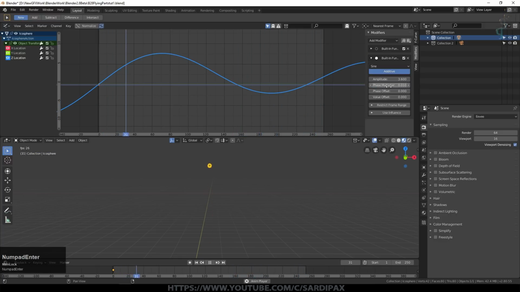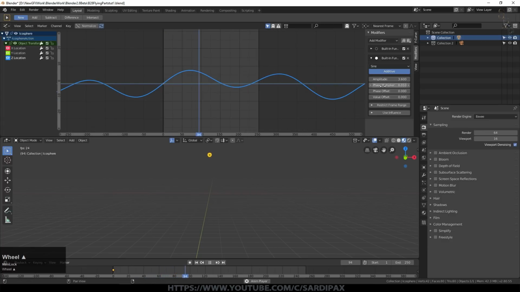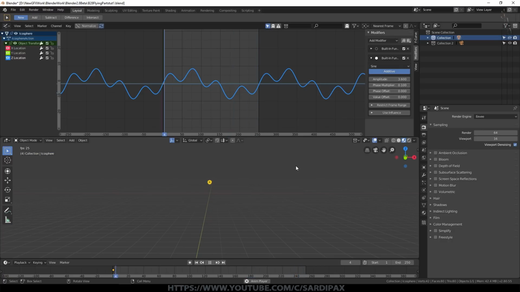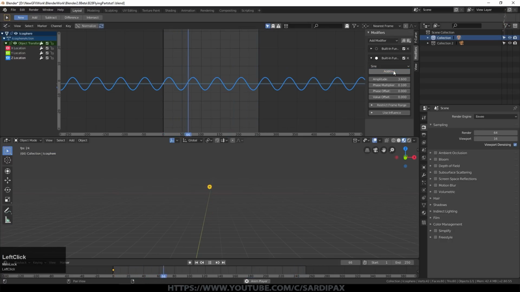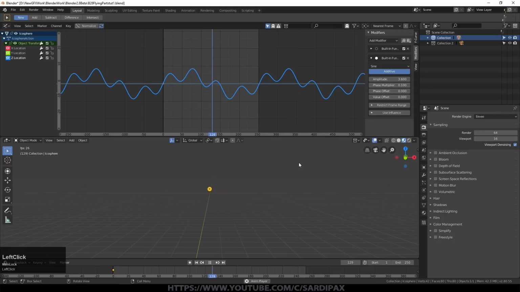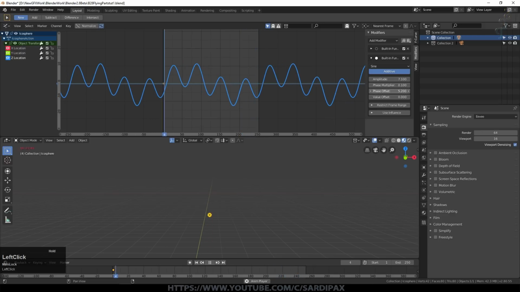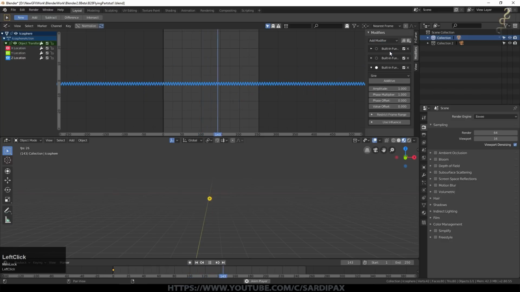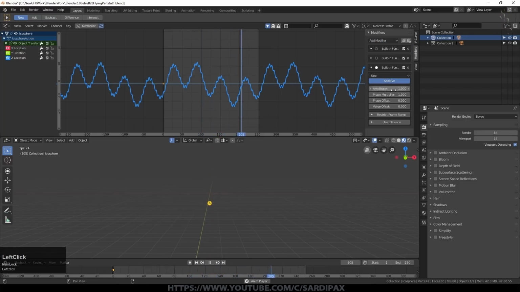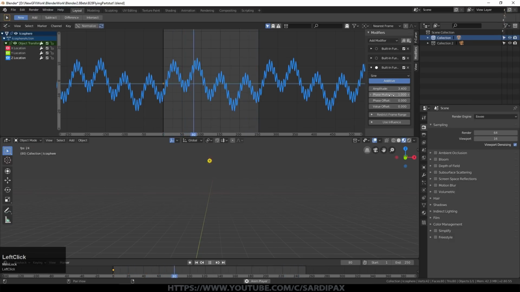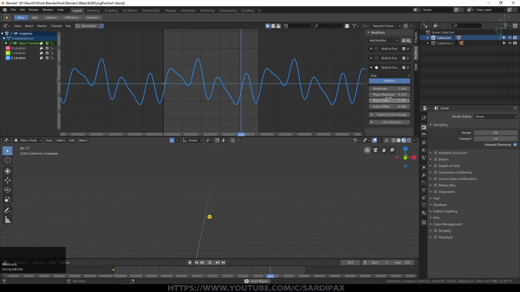Let's try that. If I zoom out, you can see what that's doing. Perhaps we'll go to a lot bigger than that. 0.1 we'll go with. So now you can see it's not a simple sine wave anymore. If I took off additive, it doesn't work that way at all. And we can play with the amplitude here and the phase offset. And of course, we can add another one. I'll add another built-in function. We'll select additive and we'll increase the amplitude a little and turn the phase modifier down to perhaps 0.15. So it's similar to the other one, but not exactly the same.